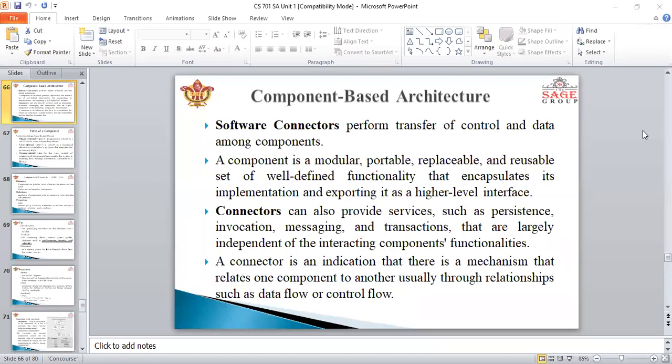So a software component performs a transfer of control and data among the components. Also you can say that a component is a modular, portable, replaceable, and reusable set of well-defined functionality that encapsulates its implementation and exposes it through a very high level interface.